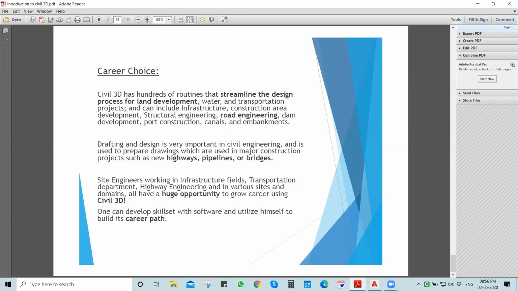I want to tell you again that site execution is not the limit of civil engineering. Drafting and designing is also a very important role in civil engineering. It is used to prepare the drawings which are used in major construction projects such as highways, pipelines, or bridges. Later on, I will be sharing another PDF I have for the construction document sheet set.